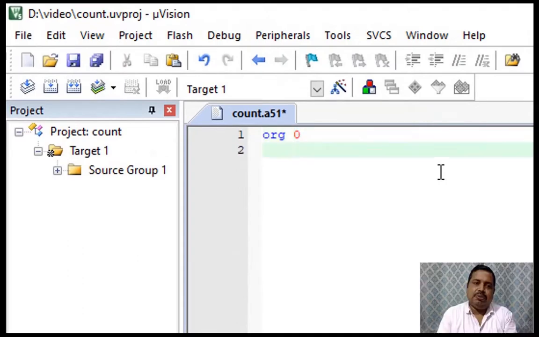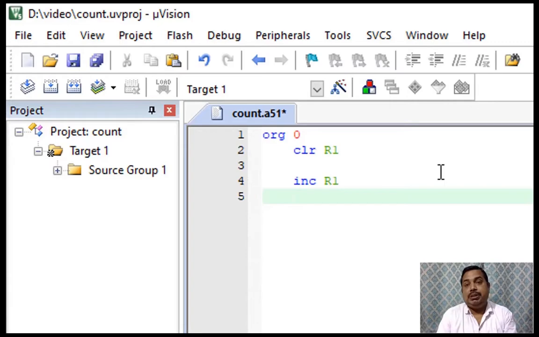We start writing the program. We have to count from 0 to 8. So clear R1, and then we have to increment it. We can say INC R1, and then we compare whether it reached 8 or not. For that we have an instruction called CJNE, compare and jump if not equal.